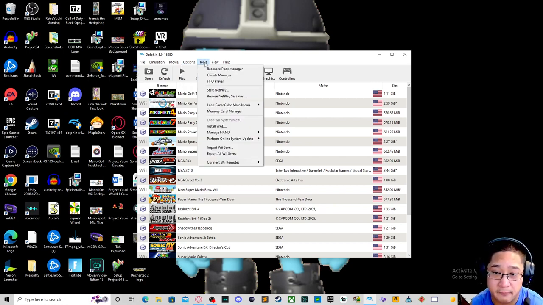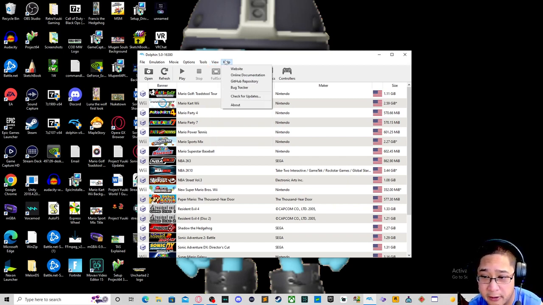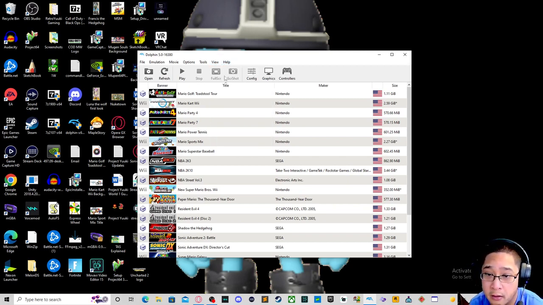Tools, we have other tools from the emulation itself, including importing saves. We're going to take a look at that. Netplay is how you play with multiple players. Load GameCube main menu deals with the main menu of the GameCube, and other stuff. We'll take a look at that later. For view, we have what you need to show in terms of the emulation itself, and help, how to get help for the emulation. Over here on the top middle, we have the open, refresh, play, stop, full screen,